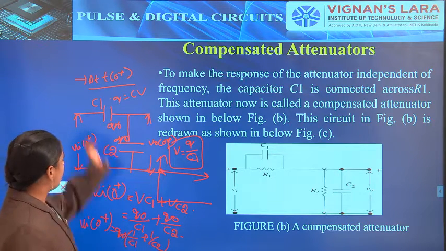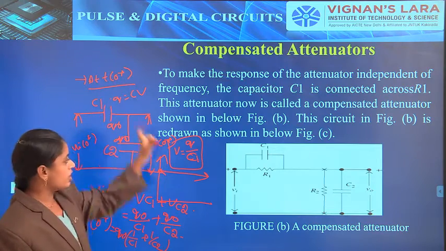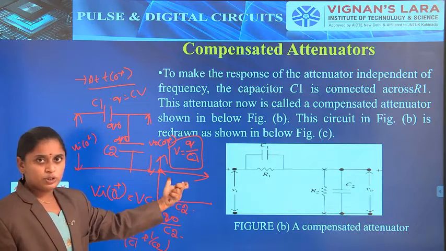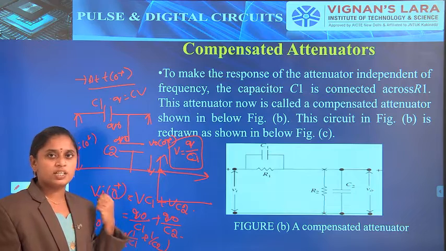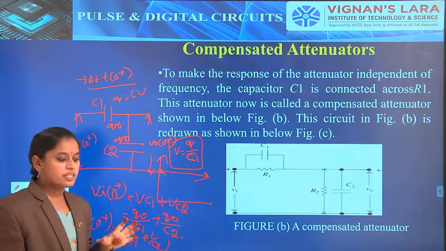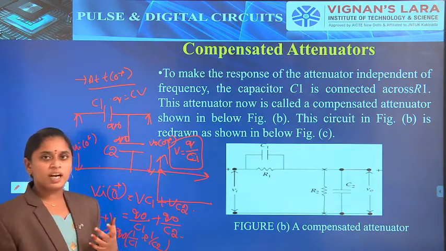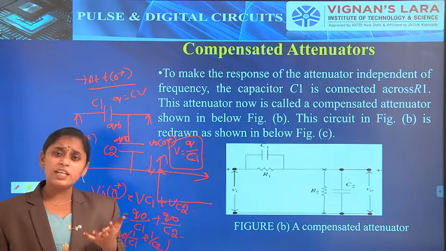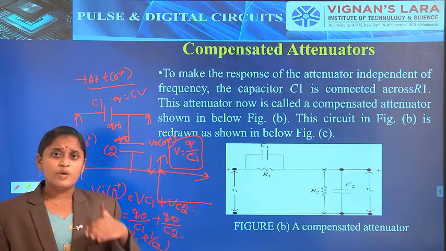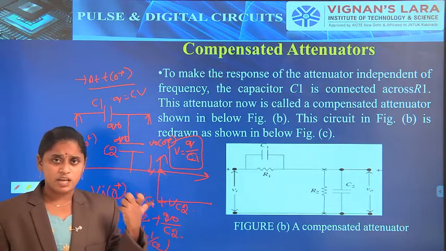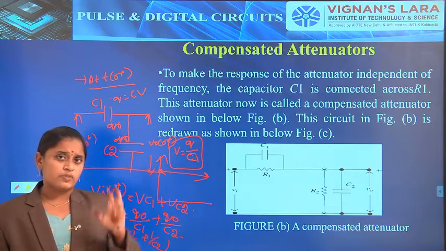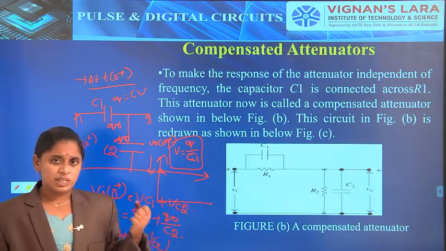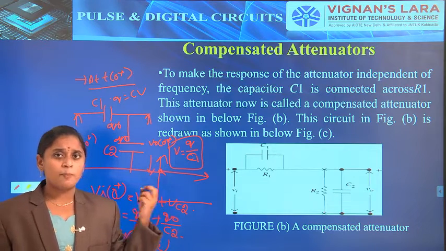First we apply the t is equal to 0 plus condition, giving a step input to the circuit, the final compensated circuit. Compensation is done by adding a capacitor for the stray capacitance. For the elimination of the stray capacitance effect, we have to add another capacitor across R1 and prove R1 C1 is equal to R2 C2. This type of circuit is known as a compensated circuit.